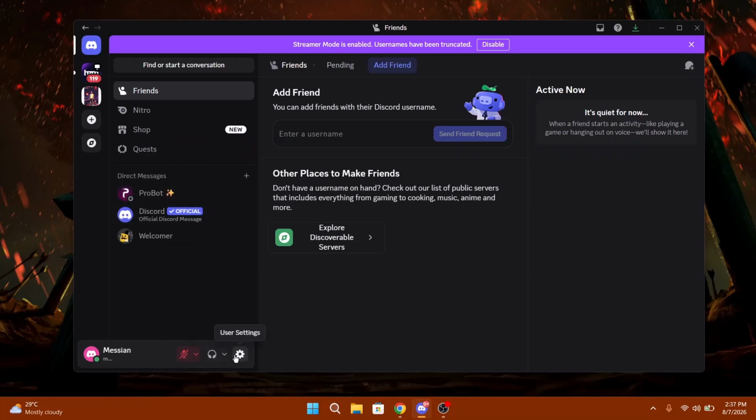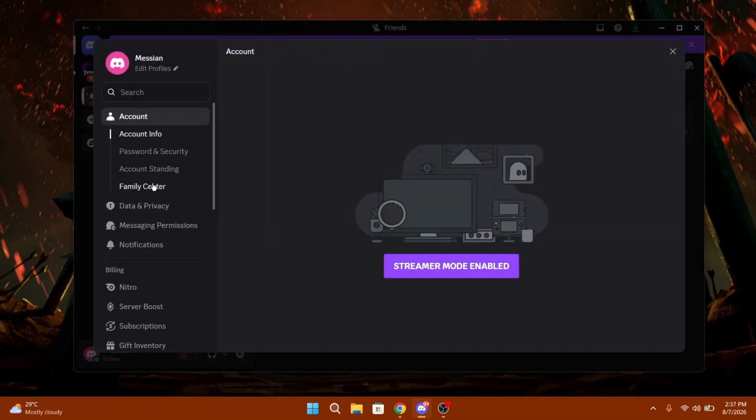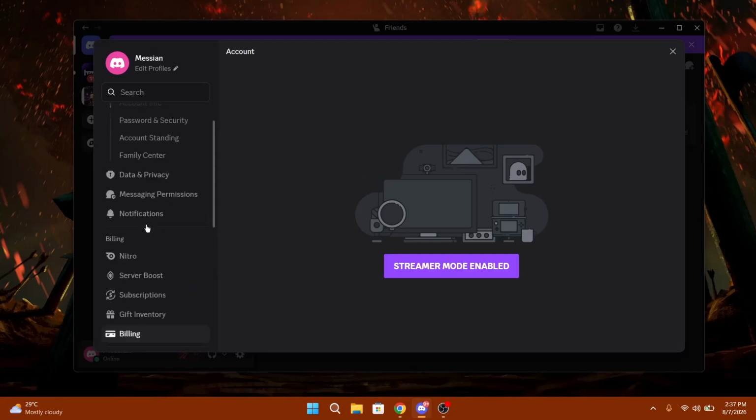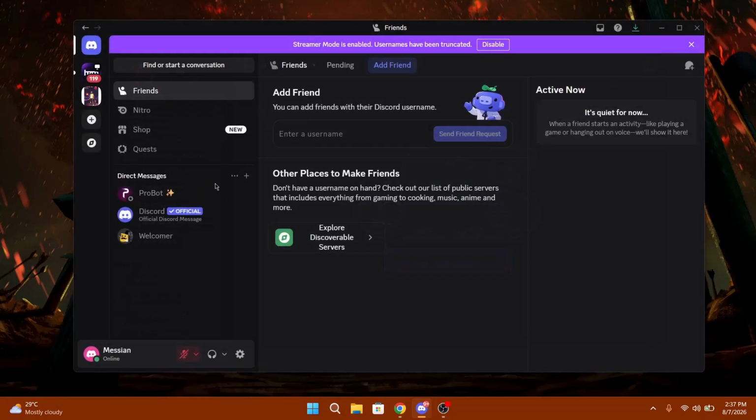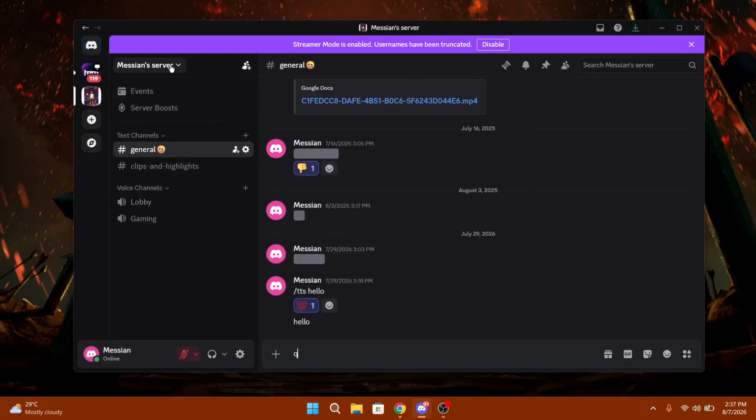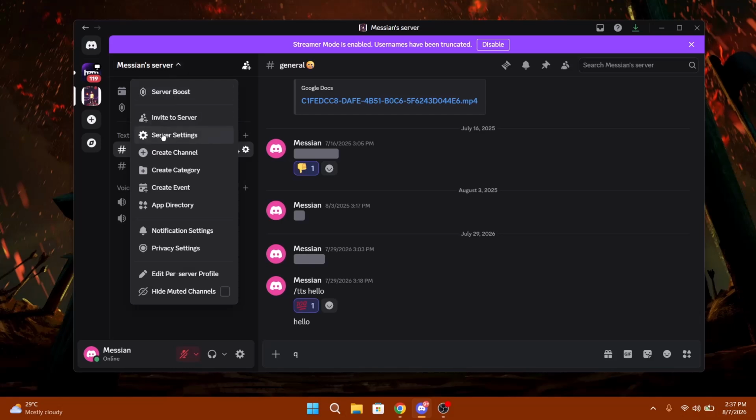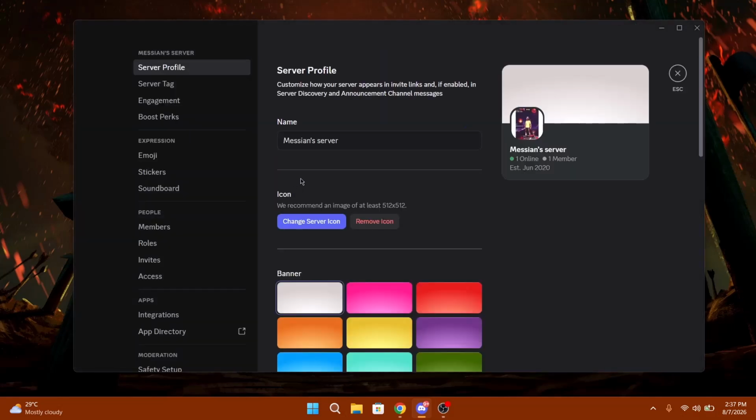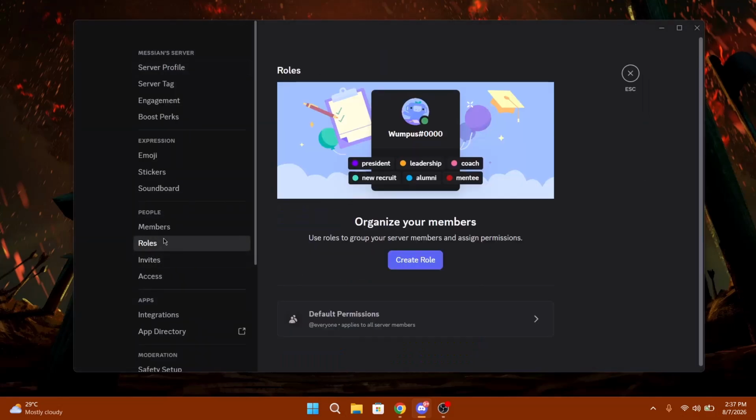So head over to your settings towards the profile at the bottom left and you'll be on the user settings, right? From here, what you want to do, sorry, not on the user settings, you want to head into the particular server, click on the server name at the top, and then click on server settings. Once you head over to server settings, you want to head over to the role section